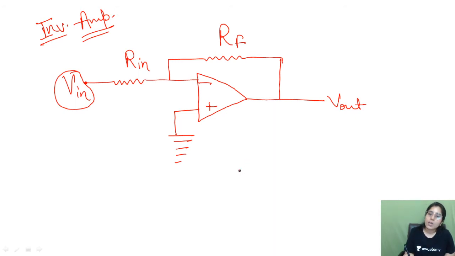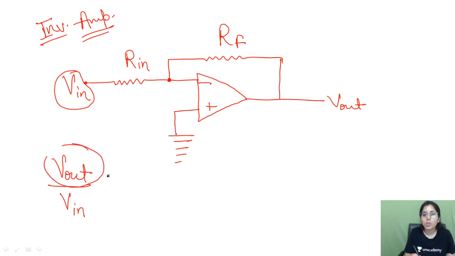Now what next? The next thing is you need to find its gain expression. When we say the word gain, we are talking about the voltage gain. Voltage gain means the output voltage upon the input voltage. If we know the gain expression, we can simply get the output voltage from the input voltage by cross multiplying it to the other side.